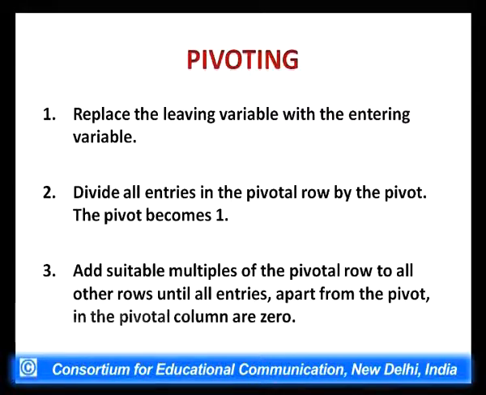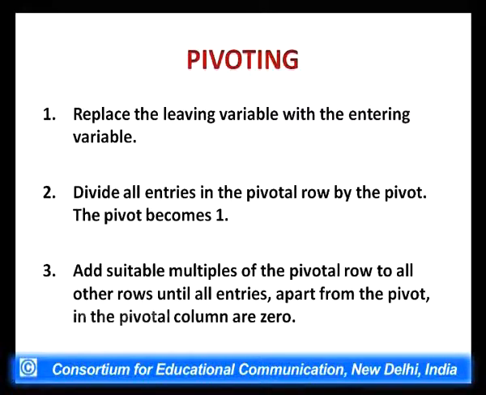And these 3 steps are to be clearly understood so that we can go ahead with our method, which is called the simplex method. Again, first, what is the leaving variable and what is the entering variable? The entering variable is with respect to the pivot column. Here in our case it was D, and the leaving variable is with respect to the pivotal row, which was S. S will be replaced by D. This is the meaning of this first statement.